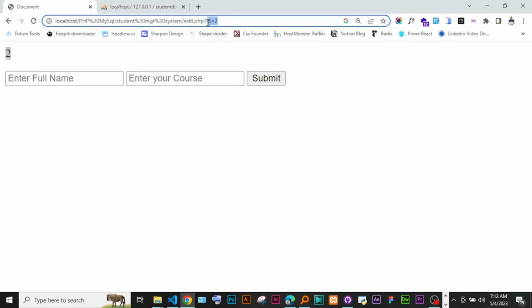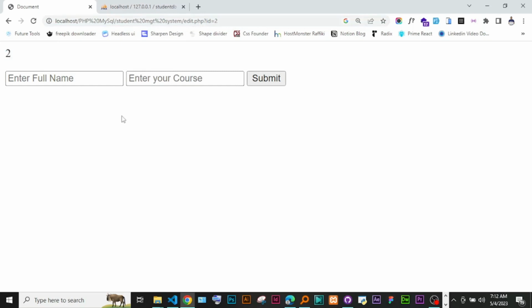I want you to pay maximum attention. This edit page is very interesting because it is where we perform more than one query. We haven't done it anywhere else. It is going to be the first to do these two queries. So pay attention. The first thing we want is, using this ID, we want to tell the database